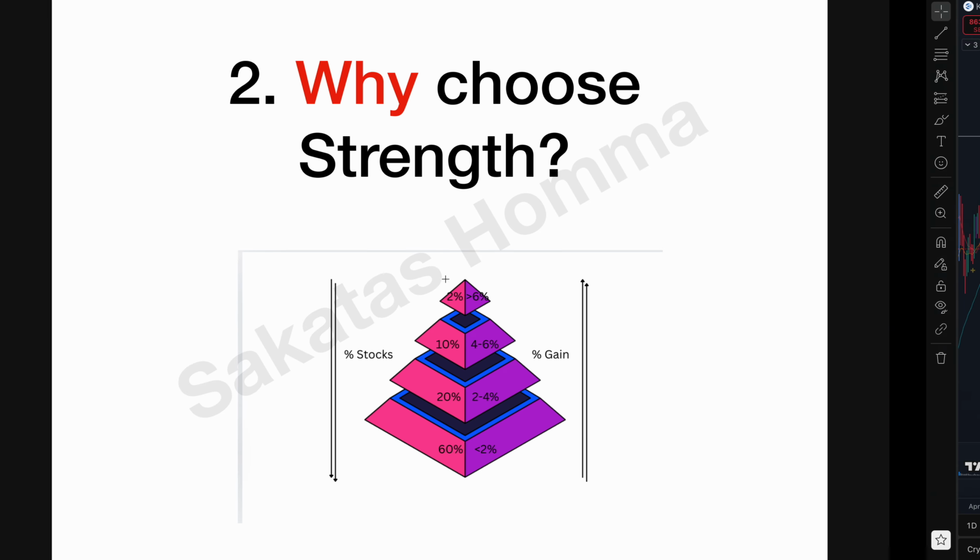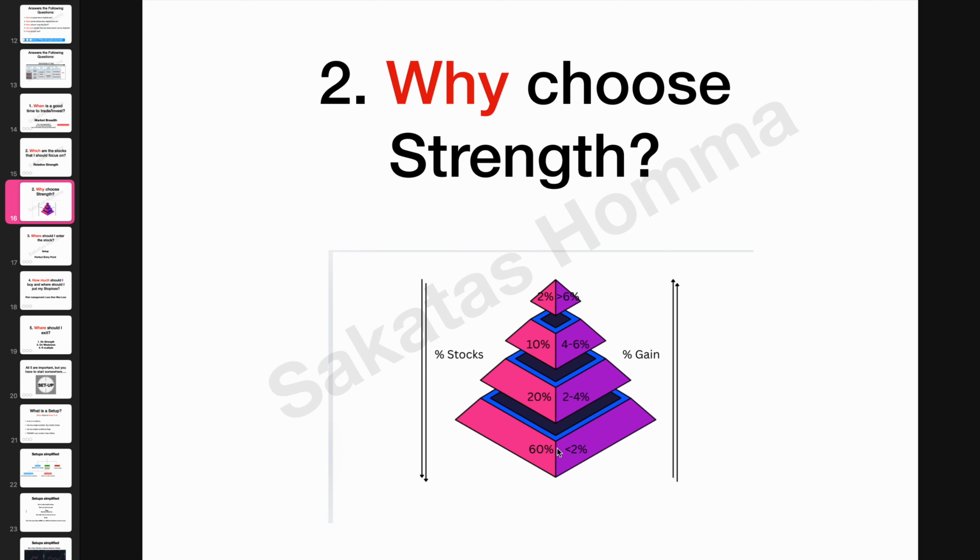So this pyramid holds true, and pyramids like this are not just in stocks, they happen everywhere. It happens with positions of power, it happens with wealth distribution, everything. This is a pyramid. The top positions are only a few names, so only 2% of the stocks will be doing more than 6%, and 60% of the stocks will be doing around or less than 2%. Okay, so now probabilistically, here is my game.